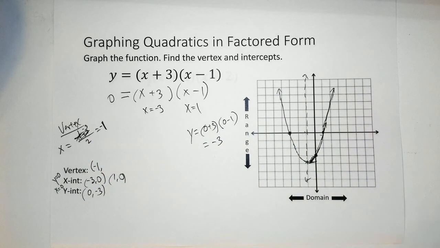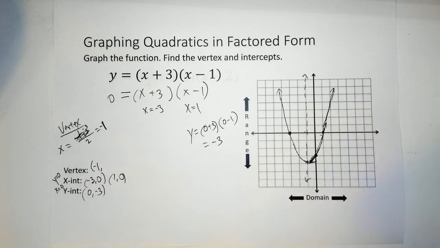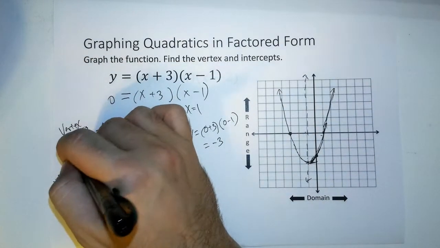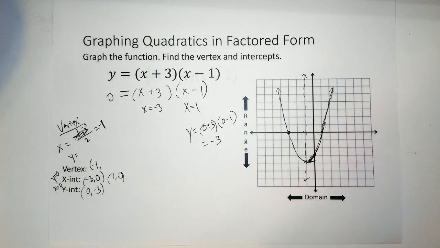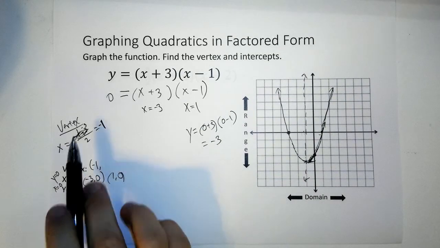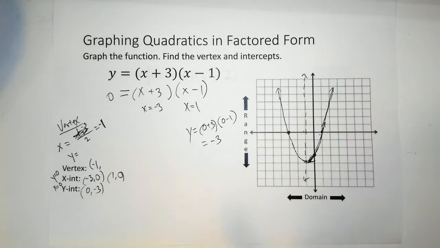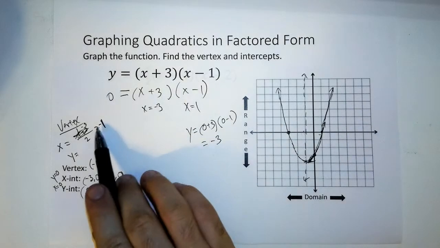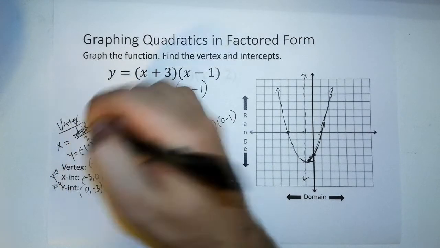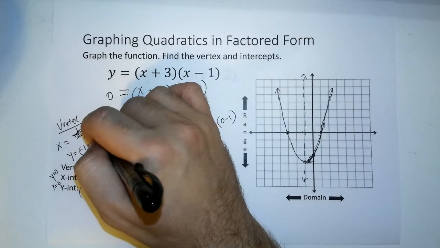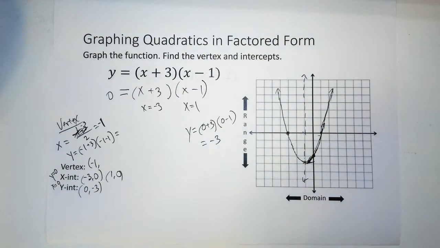Now, is that the whole vertex, right? Is that the x and the y for the vertex? No, right? It's just the x. We now have the job of using that x to go in and find y. And that's what we're actually going to do right now, because we have the x value for our vertex, we just don't have the y. So we're going to plug in negative 1 to our equation, and calculate that out and see what it equals,